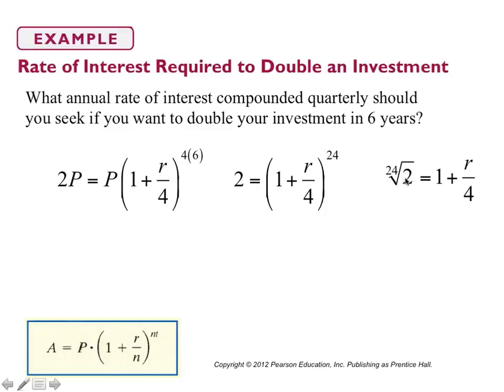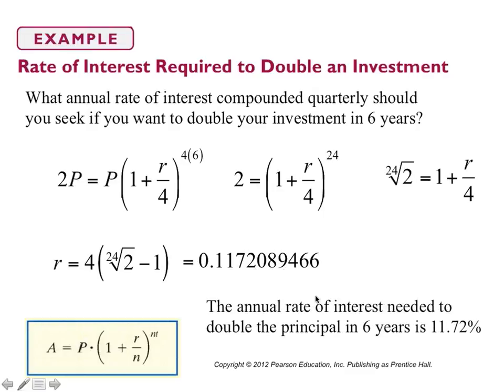So you're going to do the 24th root of 2, or if you do not have the ability to put in different roots in your calculator, you can do 2 to the 1 over 24th power. That would be equivalent. So again, 2 to the 1 over 24th power is going to be equal to 1 plus r over 4. Then we just solve this by subtracting 1 and multiplying by 4 to get r by itself. So r would be equal to 4 times the 24th root of 2 minus 1, which if you put this into your calculator very carefully, you get